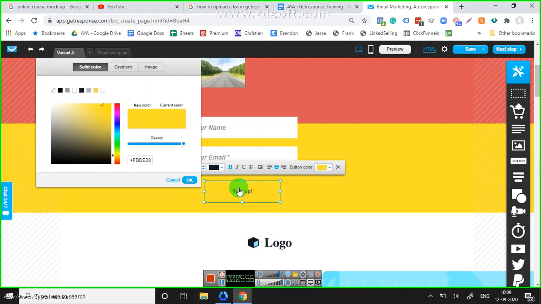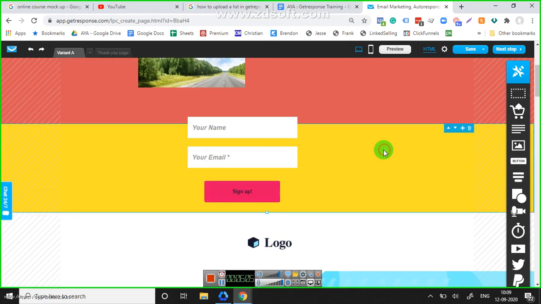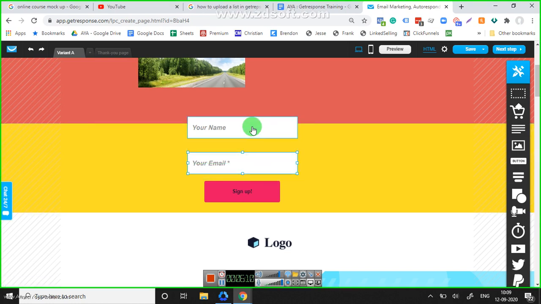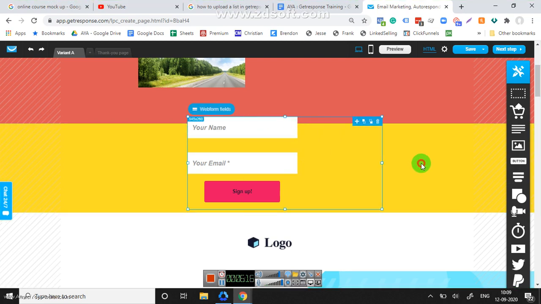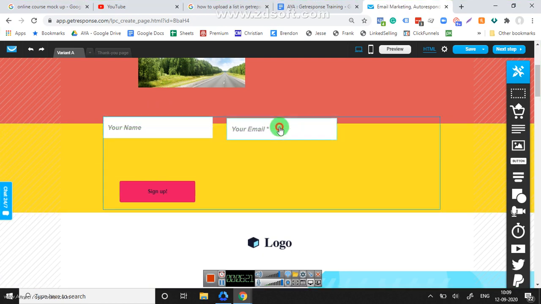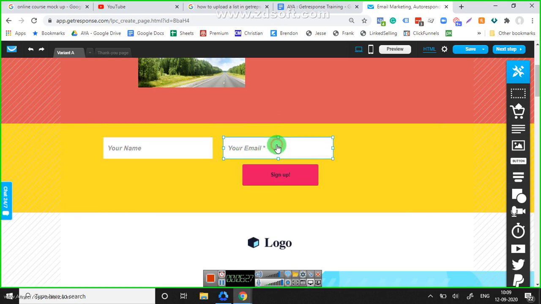Let me just change the color so that it's visible. So it says, let's take red for example, pink. Okay. So here it says your name, information, and all that stuff. So let's say we want to keep it like this. You can just stretch it and place it the way you want it to be. Now let's say I want to add